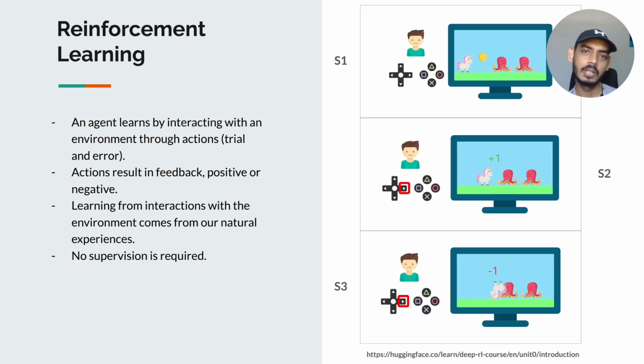So what is reinforcement learning? Consider you have a machine learning model which learns from a data set that has labels, and we train a model. Now what is reinforcement learning? Instead of a model, you have an agent, and instead of a data set, what you have is an environment, a set of actions that you can take, and the feedback that is given for those actions. So the agent looks at the environment, and based on the set